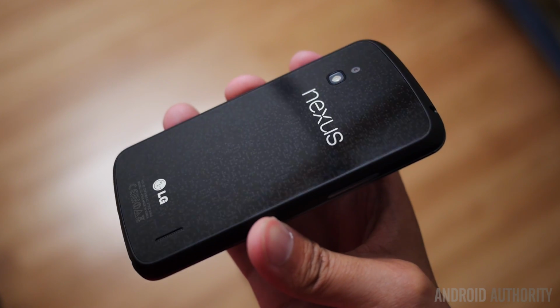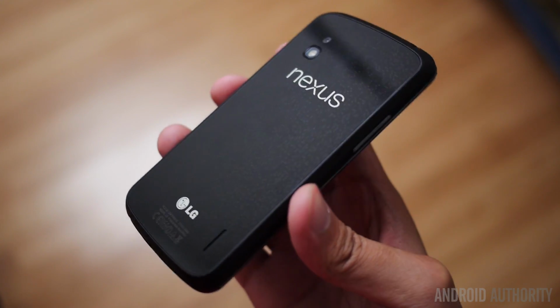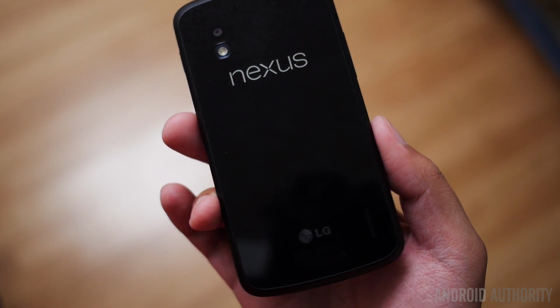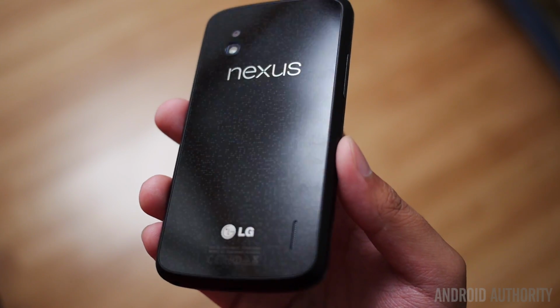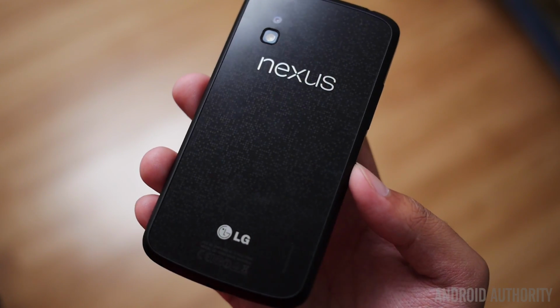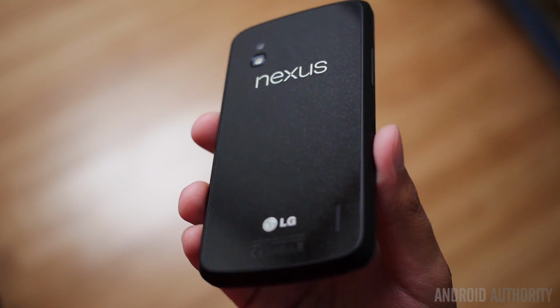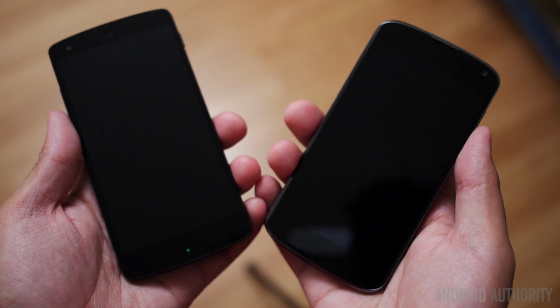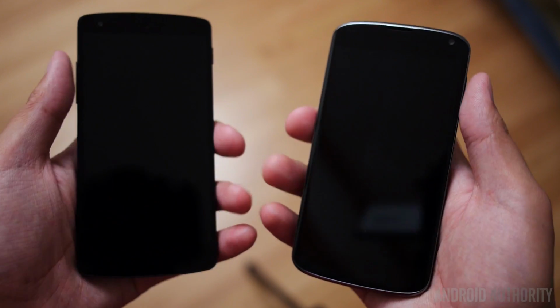Contrast this to the Nexus 4, which has more of a dual glass-sided design. And on the back, you do have the Nexus logo there with the smaller camera unit, but also inside of the glass is the crystal reflection design that LG utilized not only in it, but also in the original LG Optimus G. When it comes to the feel in your hands, the Nexus 4 with its 4.7-inch screen does have